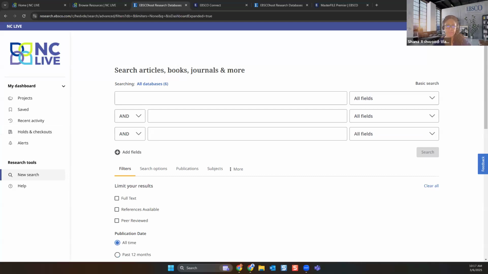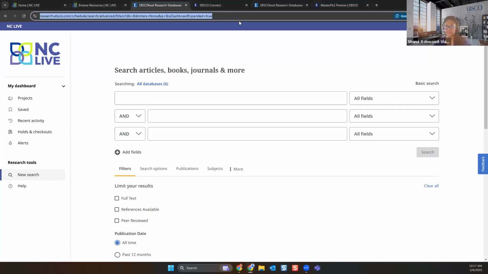All right, so question from Emily. You mentioned that the URL bar can now serve as a permalink. Do you need to be logged in to a MyEBSCO account for that to work, or would it work for anyone? All right, so I will show you. You'll have to be authenticated, right? Well, if you have guest access enabled, you will still see the URL. But it will just follow through with whatever the preferred authentication method is that you have set as an administrator for your library's